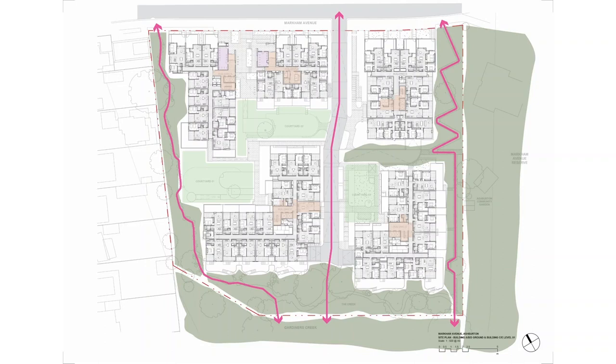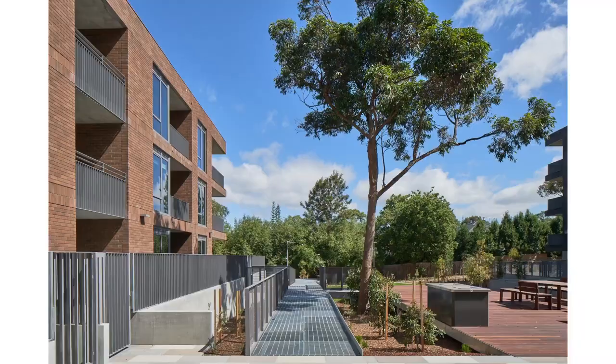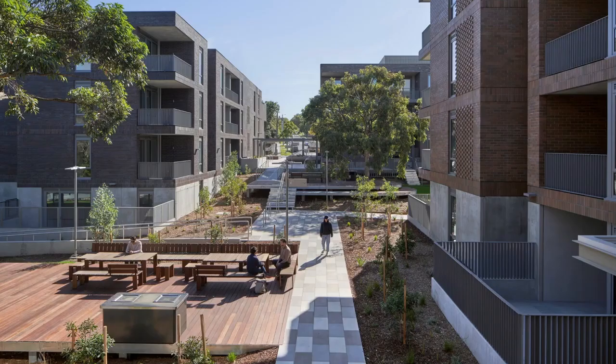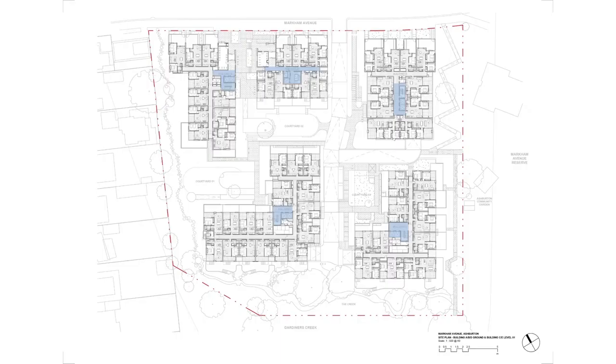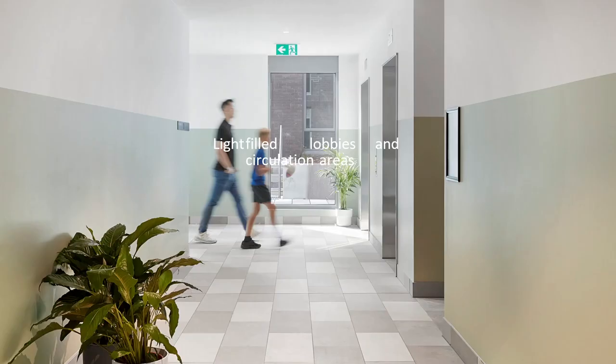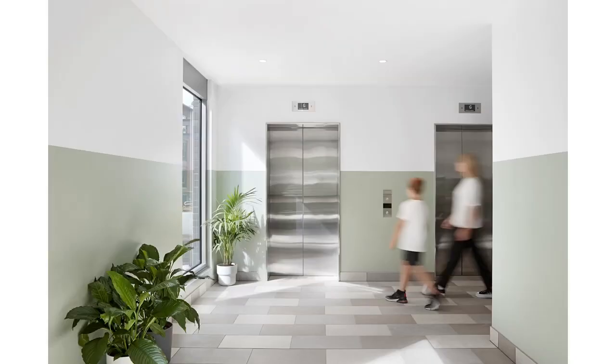So the idea is it's open, the wider community can move through the site to get to the creek, and the residents can move from their courtyards into those spaces. So it's about integrating these communities together through a series of spaces and safer, smaller zones into larger zones, and again, connections out of the site to the south and long view through the site to the north. So it's an open site, benefiting from the reserve and playground, and with the circulation, wherever we can, light, access to